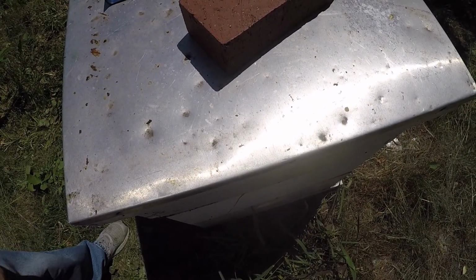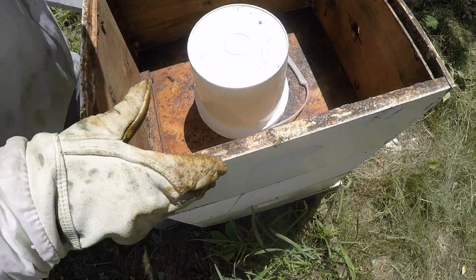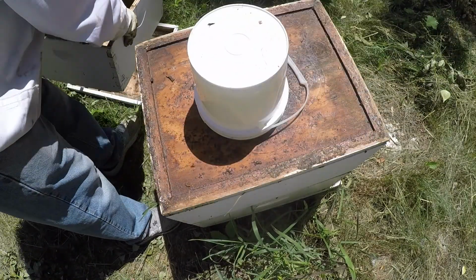Okay, I'm going back into this hive and putting pollen patties on. You know, this time of year now, early June, you can get a dearth of pollen and no pollen is available or very little. And in a package bee colony, you don't have the numbers yet to be able to forage and make all this comb, or, I mean, I'm sorry, to get all their resources like pollen and nectar that they